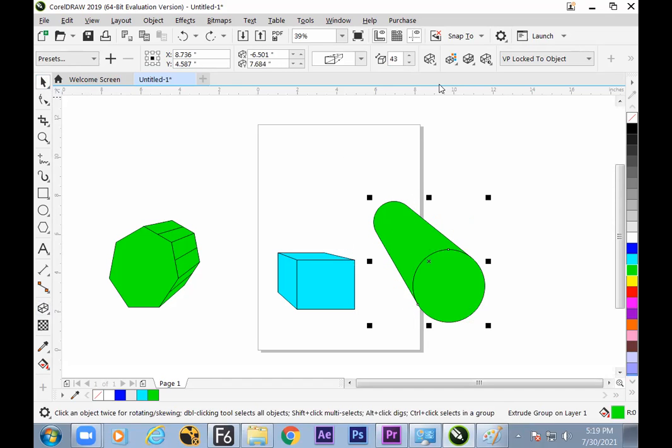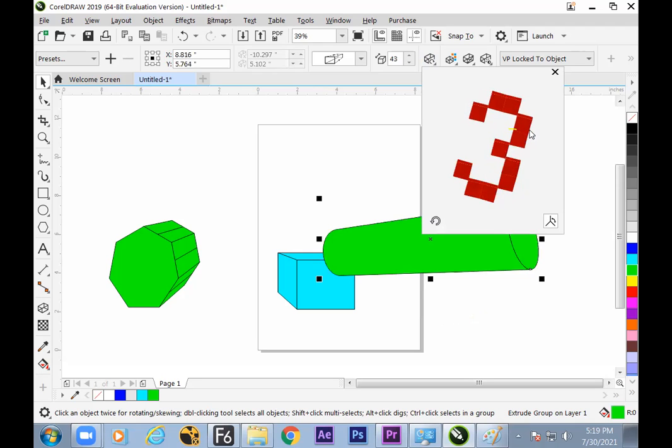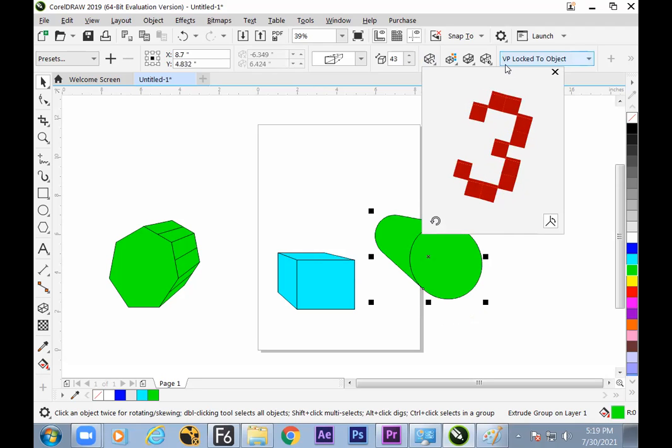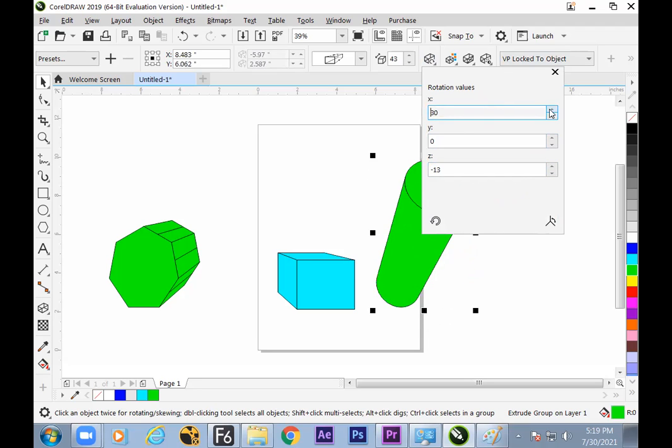So let us see the extra features here. Extrude rotation. We can get the value just like a box. Hope it is clear. Now manually we can give the position. Manually you can give it position. Second, here there is value format also. Go for 0 and extrude angle only.